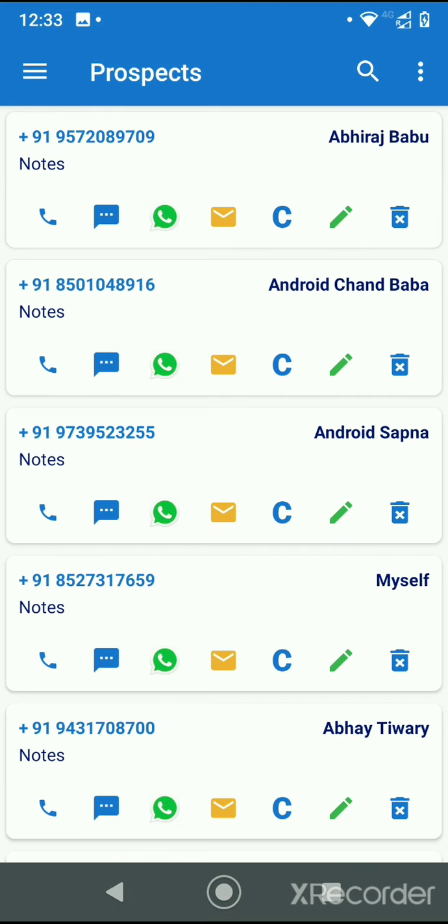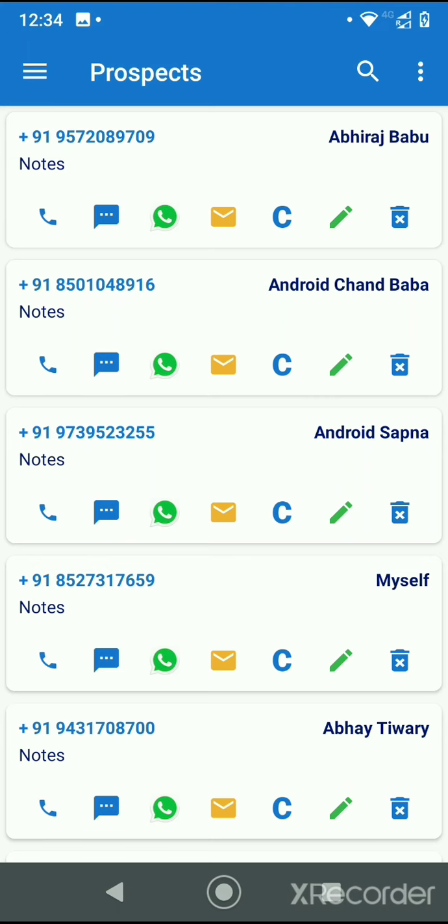Once the contact is added, the user of this app can make a call, or send a message. Again, this message will go through the SMS gateway, not using the device SMS capability. He can also WhatsApp, call, or send an email. So I am showing you make calls, because I have taken that permission.